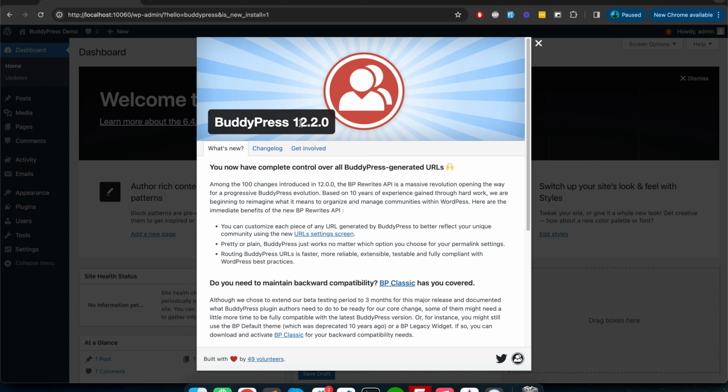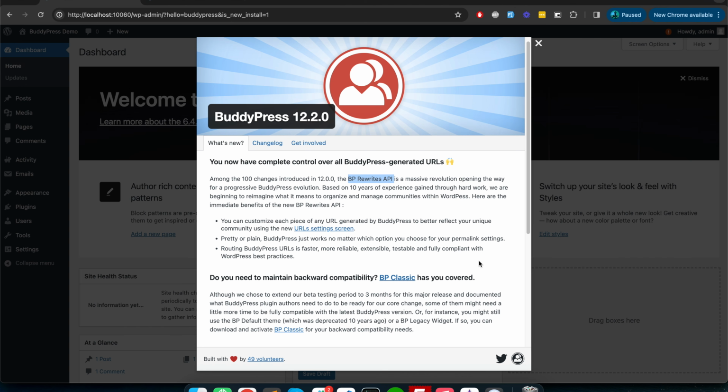Version 12.0.0 is a big update of the BuddyPress plugin. Right now the newest version is 12.0.2 as I'm recording this video. This update makes BuddyPress even better for the future, I can say. One of the important changes in this version is the rewrite API. We will not go deep into it right now in this video, but surely we will cover it in